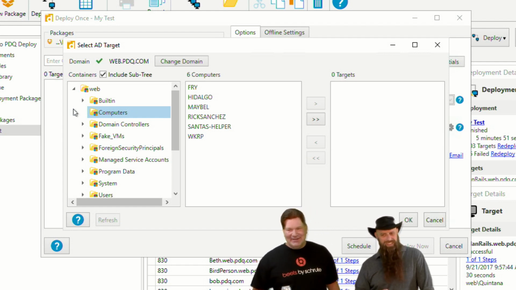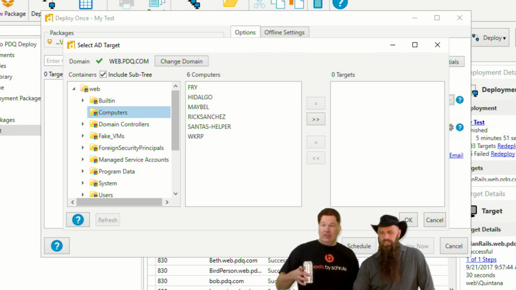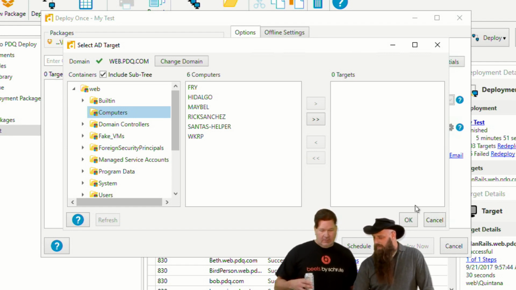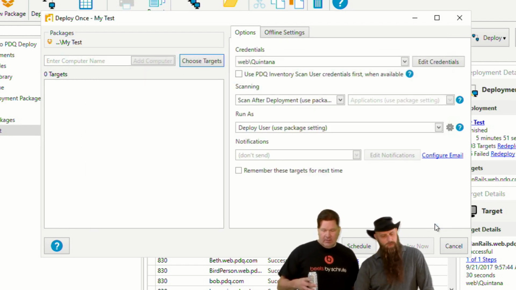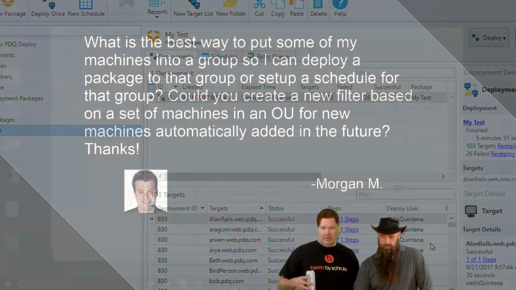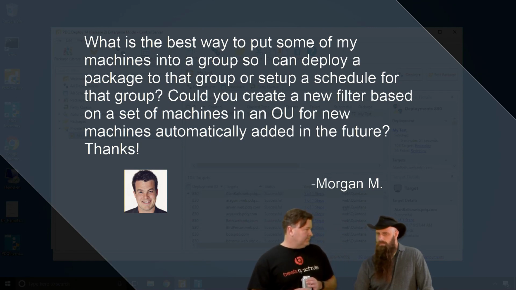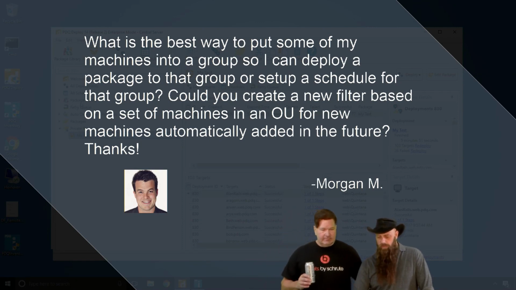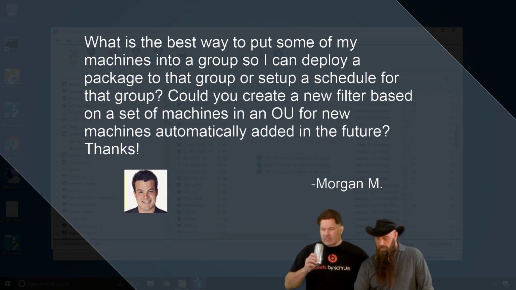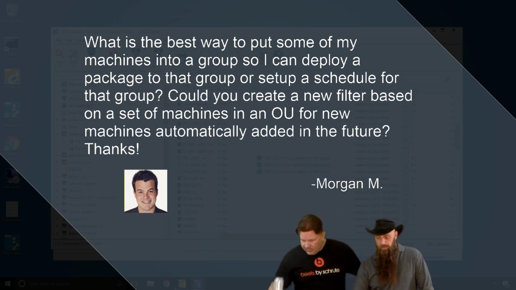No, that one flushed it, but that was the wrong one. The other one was to show computers that are automatically added. Yep. Here we go. You can build a dynamic collection off of these Active Directory OUs. Yes, you can. In fact, going back to inventory, by default, in preferences,